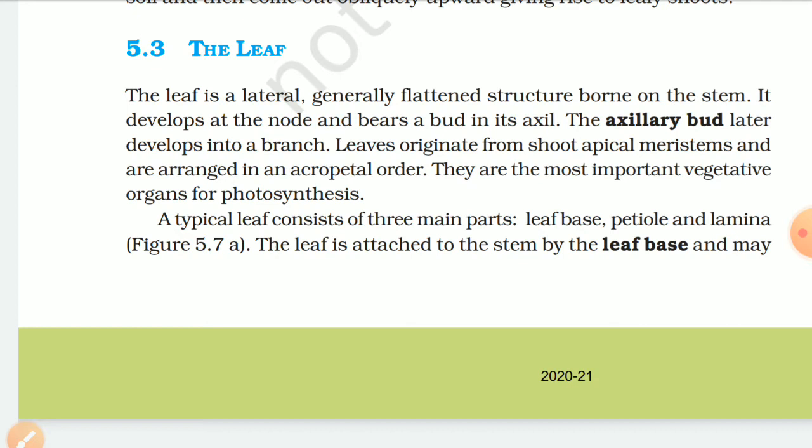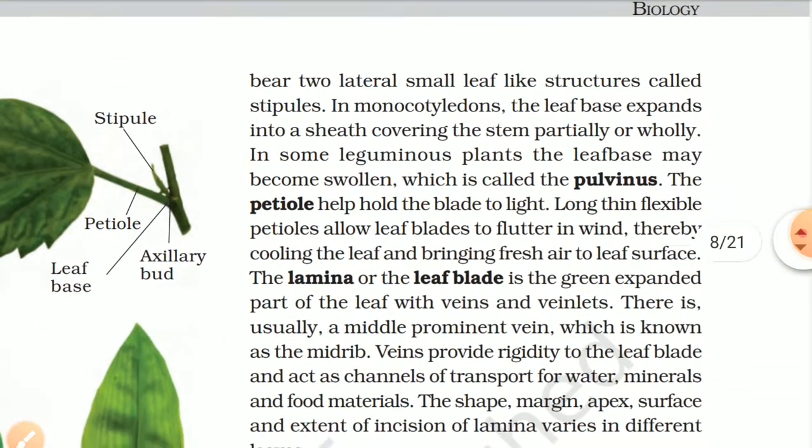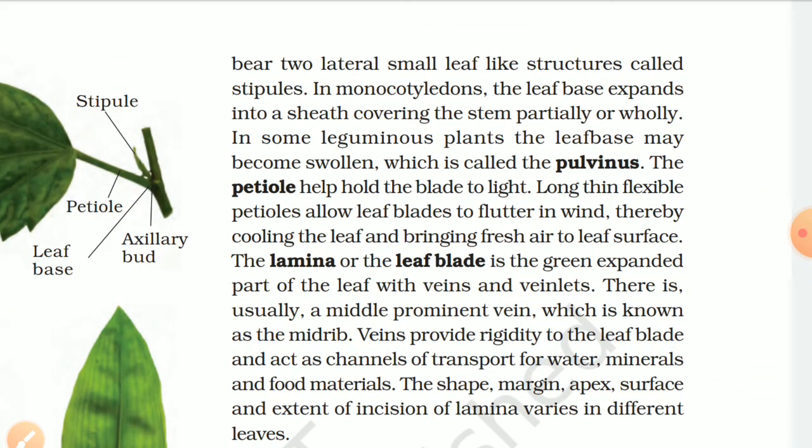Figure 5.7a. The leaf is attached to the stem by the leaf base and may bear two lateral, small, leaf-like structures called stipules. In monocotyledons, the leaf base expands into a sheath covering the stem partially or wholly. In some leguminous plants, the leaf base may become swollen, which is called the pulvinus. The petiole helps hold the blade to light. Long, thin, flexible petioles allow the leaf blade to flutter in wind, thereby cooling the leaf and bringing fresh air to